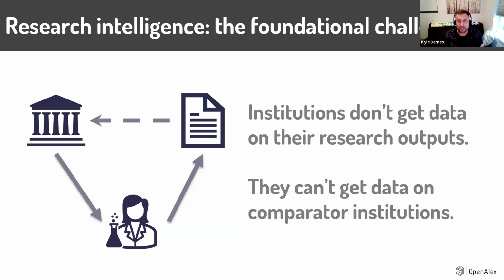And the reason why is actually a very important one that's a very critical feature of science. When a researcher publishes a paper, they don't have to get their manager's approval, and their manager and their department administrator is not deciding what's published. In fact, the global research community through peer review is deciding. And that is a really important feature of science. But the problem is there's no dotted line back where when something is published, institutions are getting all of that information. And then even if they were able to, they're not getting that for their peer institutions and the global system.